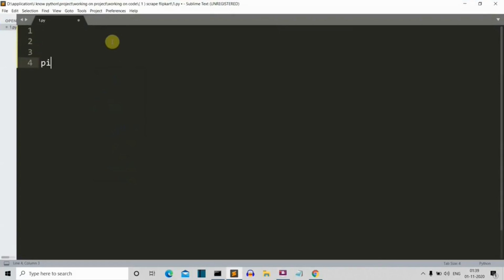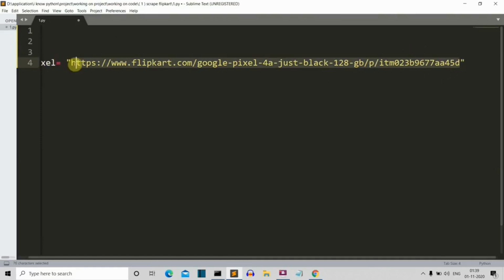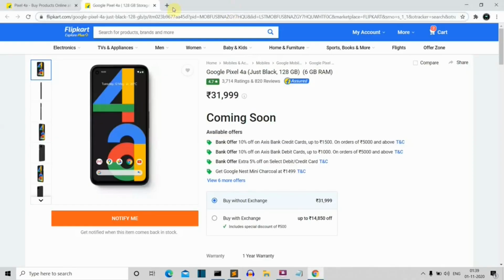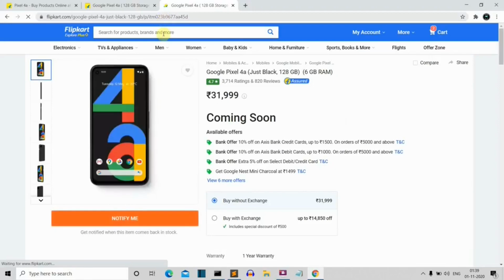Let me create a variable called pixel and store this link into a string. So Pixel 4a, 128 GB, 4 GB RAM, and this is the ID. Let me confirm that this is the working ID by going on a new page and running this. Okay, yeah,